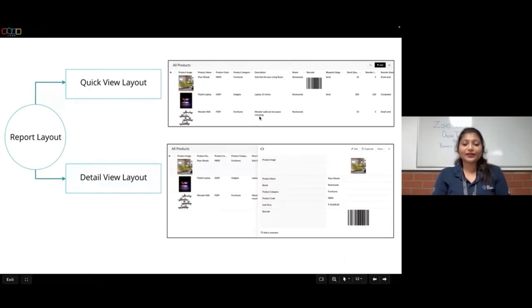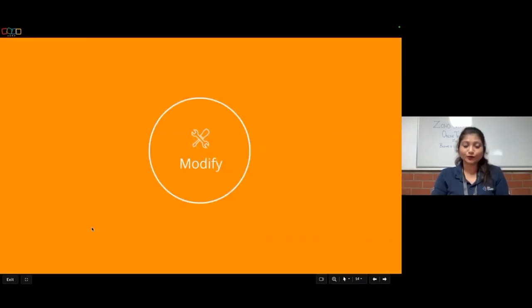So here again, you can see the quick representation of the quick view layout and the detail view layout. So this is what I was mentioning. All these data will be shown at one glance. You can see three different data at one glance, right? Whereas if I would like to view this single record in a detailed view, I'll click on that particular record and the detail view will be opened, right? So these are the two differences between the quick view and the detail view.